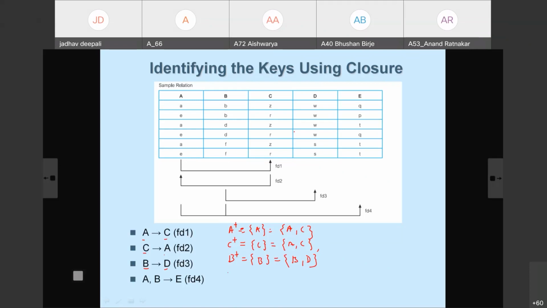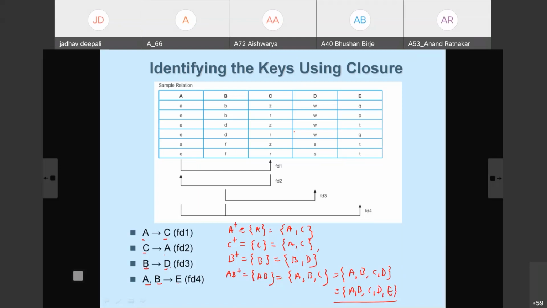If I calculate AB closure, first I add AB. A tends to C is there, so C comes into the result: A, B, C. Then C tends to A, but A is already there. B tends to D, so we need to add D here. Then AB tends to E, AB is already there in the result, so we add E: A, B, C, D, E. Now we observe that it contains all the attributes of the relation, and that's why AB is a super